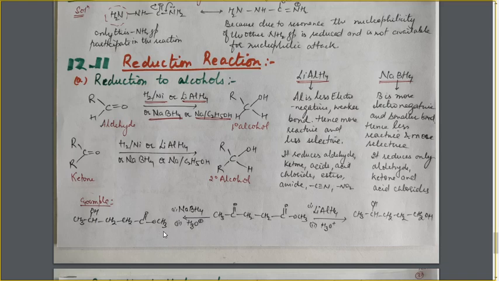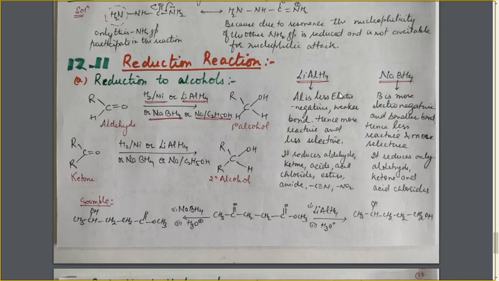Now here comes the question: why is sodium borohydride not reacting with this ester group? Why is it reacting with this ketonic group? Because it is less reactive, it reacts with the more reactive group. Why is this so? This you have to decide. I am simply providing a hint as to why these two groups differ in their reactivity towards the reduction reaction.